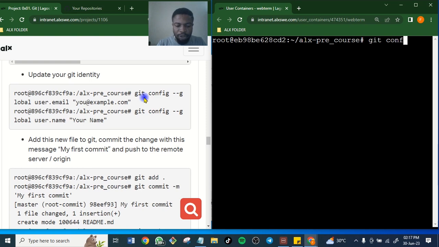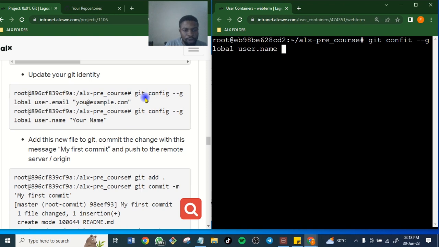Don't copy, just type it. git config --global user.name, then your name.